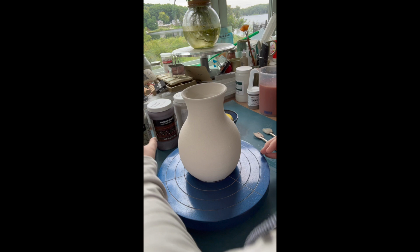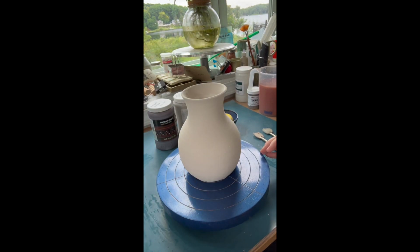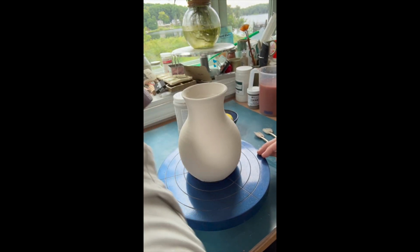And let's take a look at the glazes we're going to use. Emerald Falls, there's that one. Textured turquoise, of course, and for the rim, ancient jasper. Love them. We're going to start with the